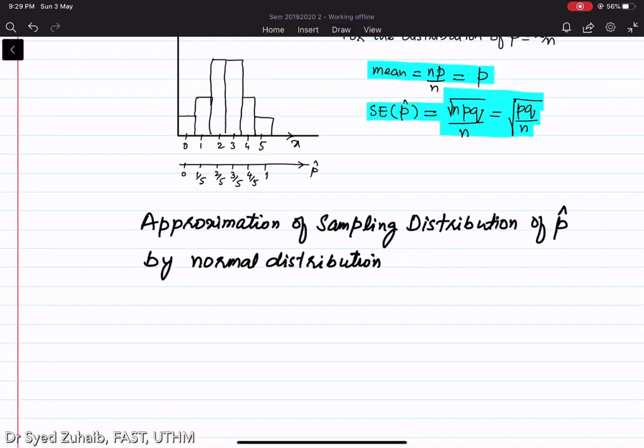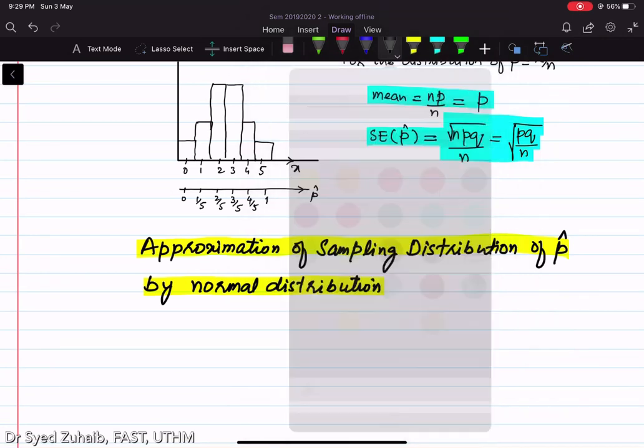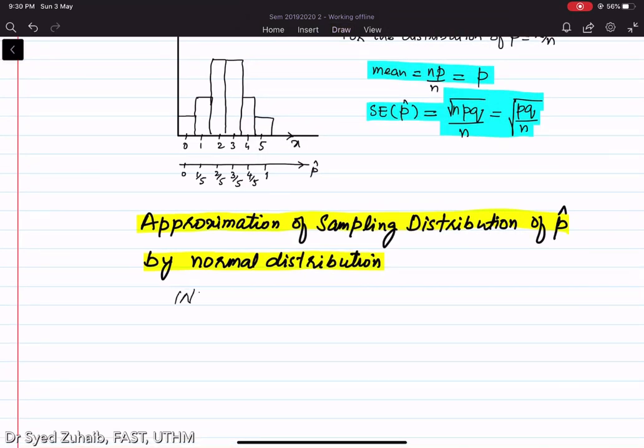Now we can approximate the sampling distribution of p cap using normal probability distribution, but we can use this approximation only when n is large. Means we can estimate that when the products n times p and n times q both are larger than 5,